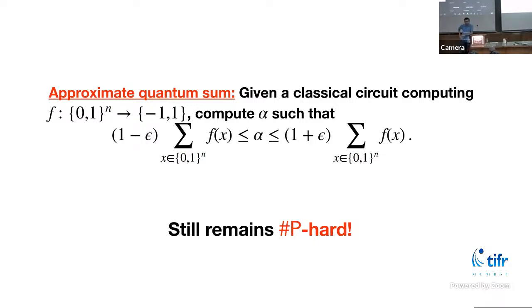Is there a way to understand why the same algorithm which worked when your range was 0 to 1 fails here? Yeah. Say we separate this sum into a positive part, and we have this classical sum procedure to compute that positive part. Do the same for the negative part, and then we subtract.